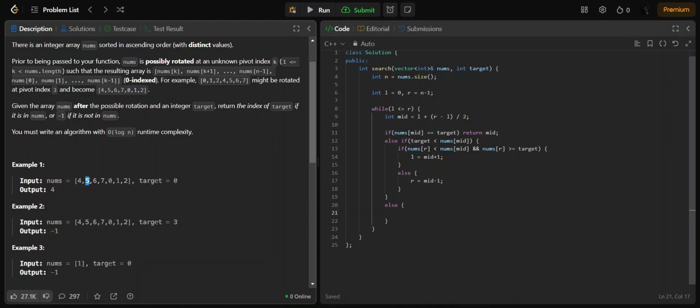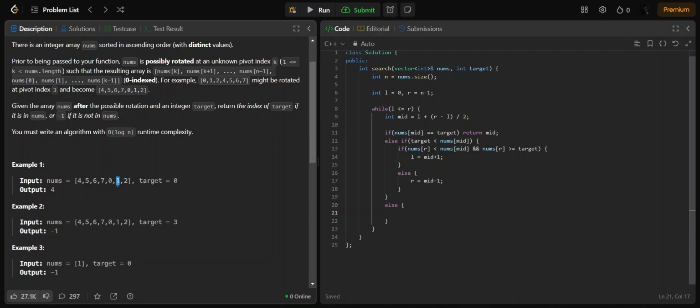For example, suppose we are standing at index 5 and the breakpoint occurs at this point, like 0, 1, 2. All the values after the breakpoint, like 0, 1, 2, will be less than 5, and only some values at the right side will be greater than the current value. So the target will be on the right side. That is the easy part. But for example, if the current index is 1 and the breakpoint happened on the left side, and we need to search for a greater value,